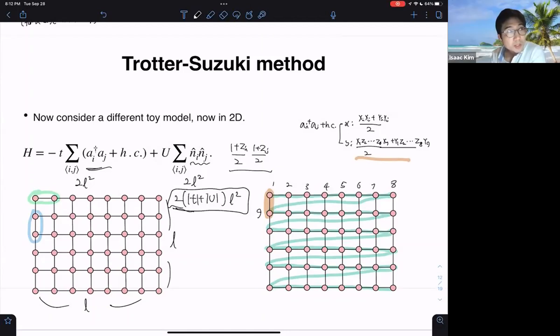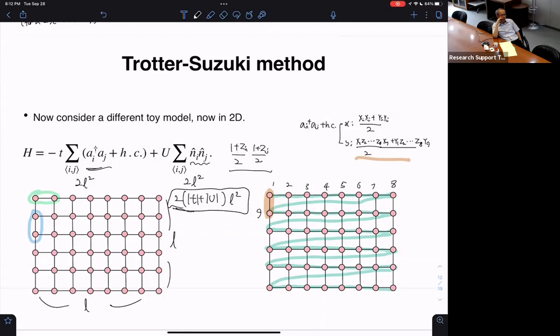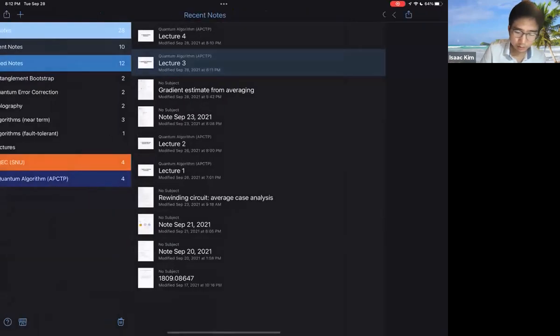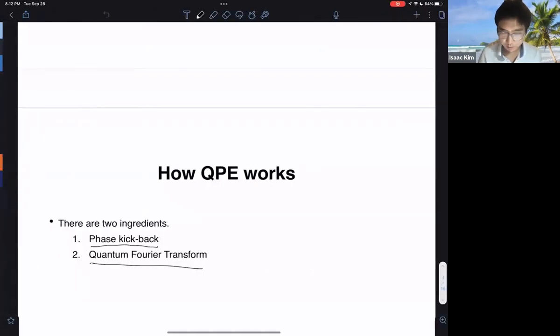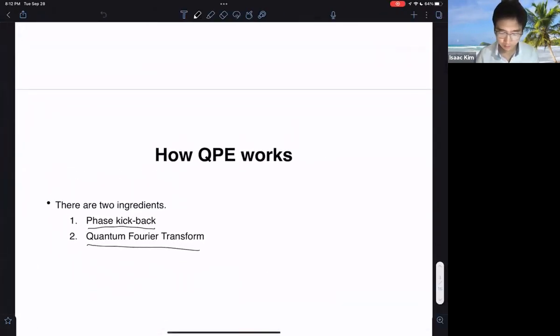I don't have any immediate answers, but maybe one will just add the chemical potential. Chemical potential. Oh yeah, maybe you can control it with the chemical potential, right? Okay. Yeah. And there was another question, which was, right, I did not explain very well why this is